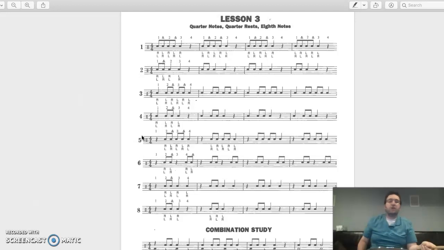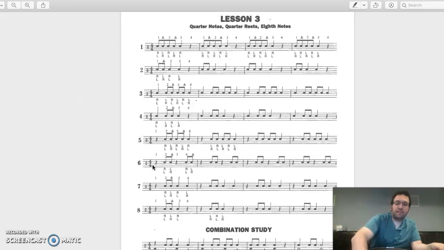Okay, let's try all of number 5, all 4 measures. Don't play on beat 1. Don't do it. Don't do it. Ready? 1, and 2, and playing number 5. Rest. 2, and 3, and 4, and 1, and 2, and 3, and 4, and 1, and 3, and 4, and 1, and 2, and 3, and 4, and good. Now,